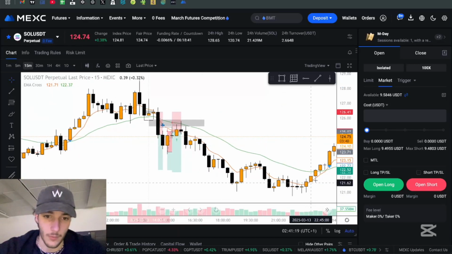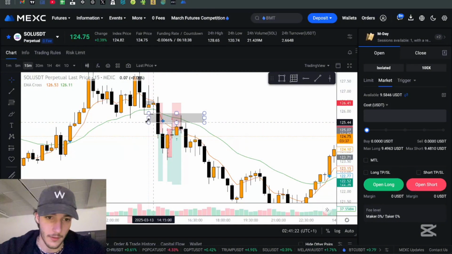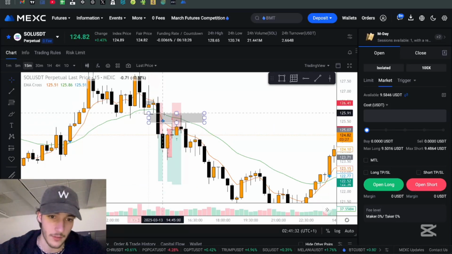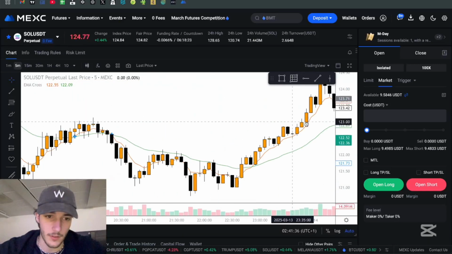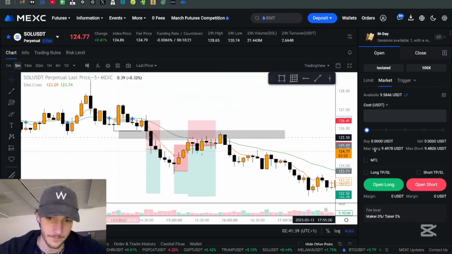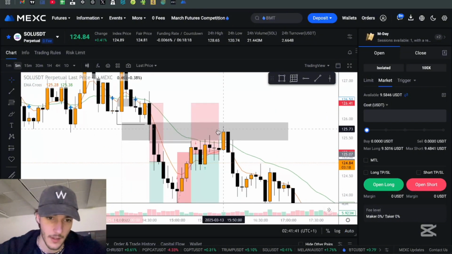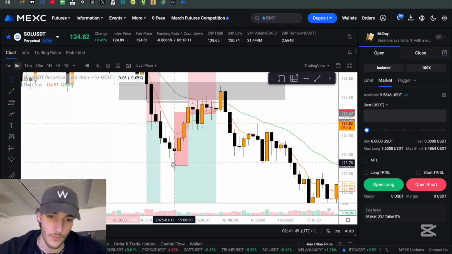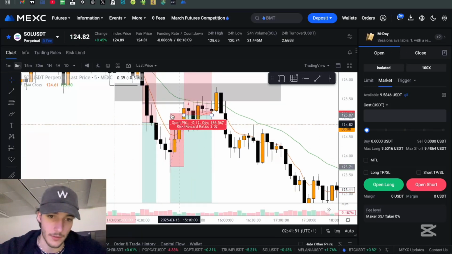The initial plan was to enter off of this 15-minute candle. We broke structure to the downside after New York opened here at 2. And my plan was to simply enter off of that. And for some reason, I did not enter here. I kept waiting for a retrace into this 5-minute fair value gap here, which happened later, but I got greedy and entered a bit early, which caused me to get liquidated and eventually tap into this 5-minute.